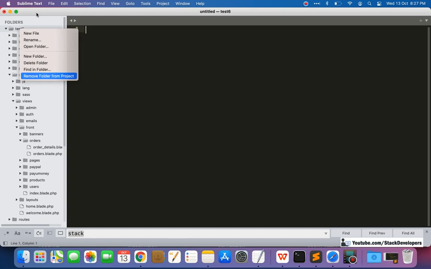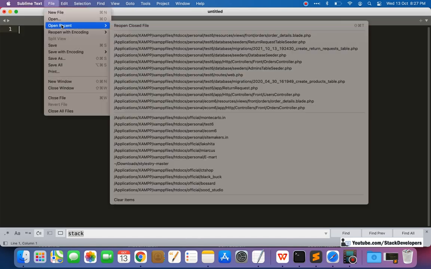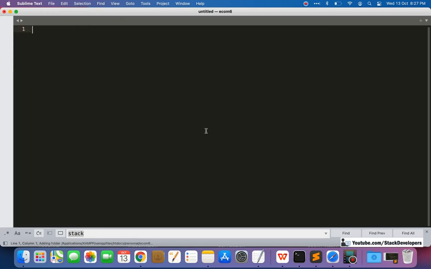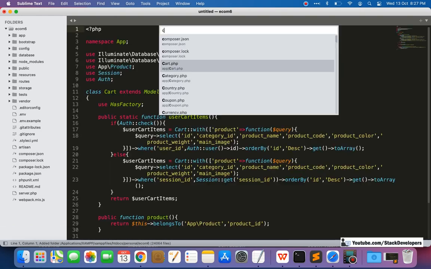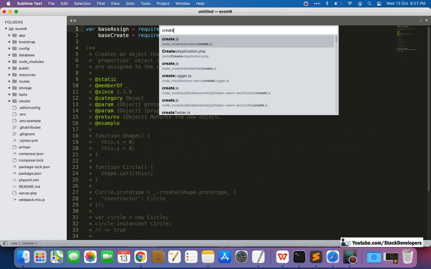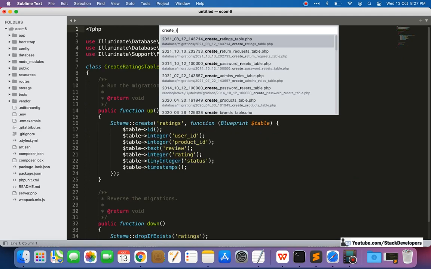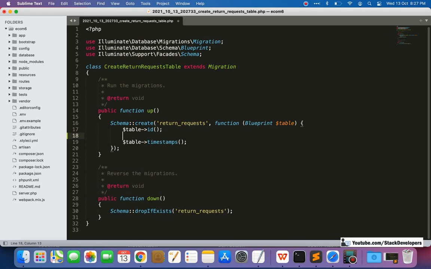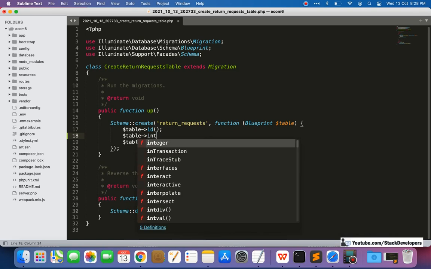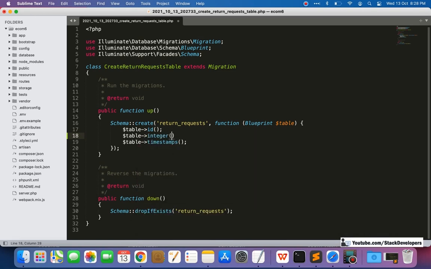I'm going to open my project here. I am going to open that file that we have just created with migration, create return request table. Here we are going to add the fields that we require, like order ID.